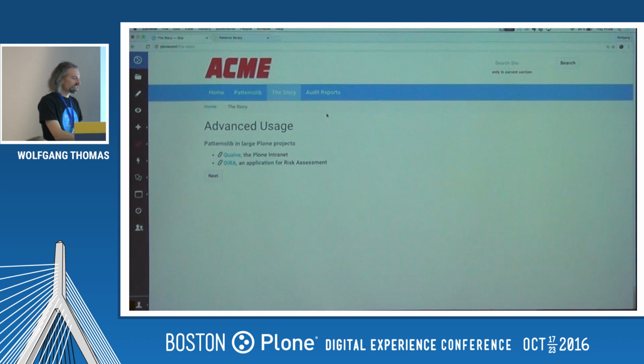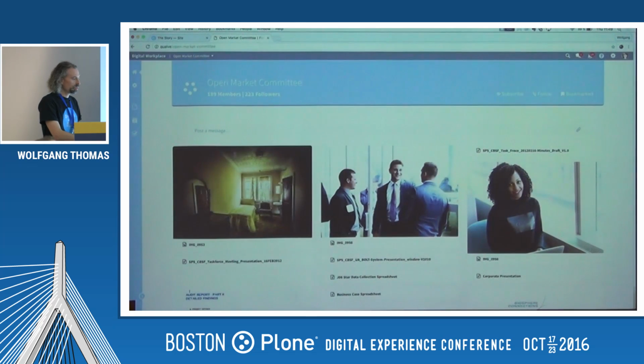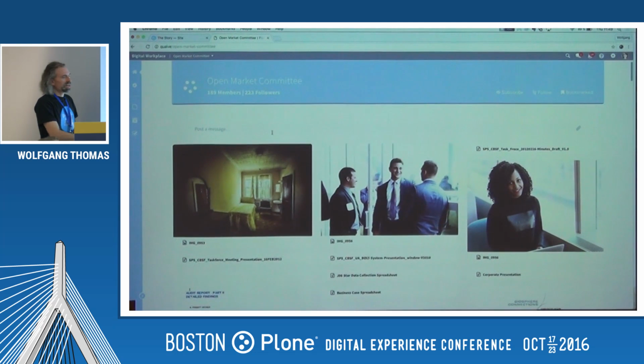So let's look at some more advanced usage. Also, two projects based on Plone using PatternSlib a lot. So one is Quaive, or Plone Intranet, and actually, I'm cheating a bit. The actual Plone-based Quaive looks exactly the same, but this is just the prototype running on Jekyll